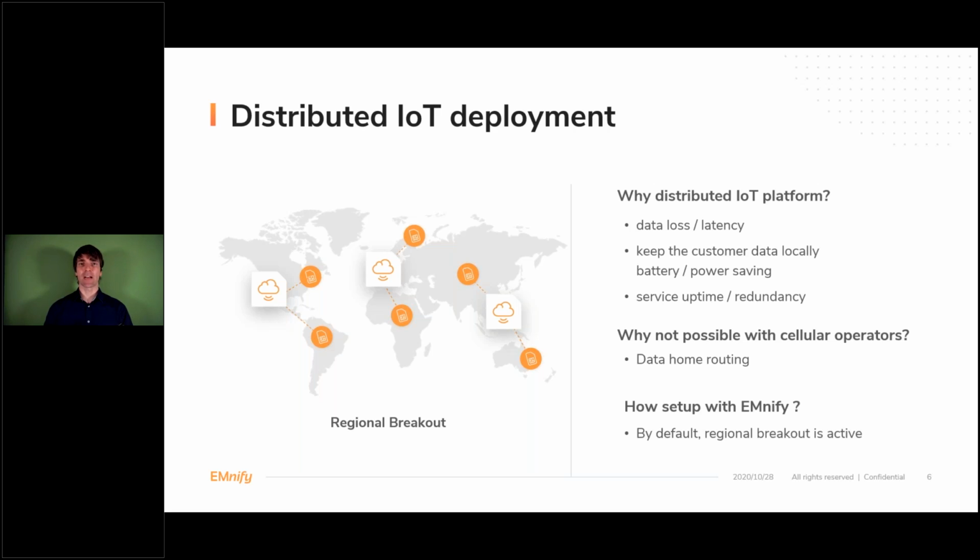If you have a device in the US, then the data will be kept in the US. If it's in Europe, it will be kept in Europe. And you might ask, okay, this is a great feature. Do I have to pay thousands of euros, or is it difficult to set up? No, it actually works out of the box. It's activated by default. Many of our customers don't even notice that this is active, and they can just be assured that their data stays local to their devices.